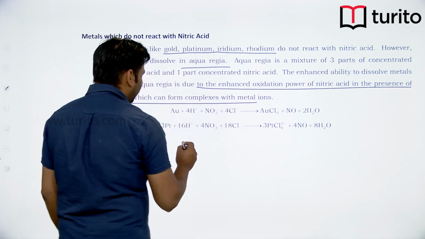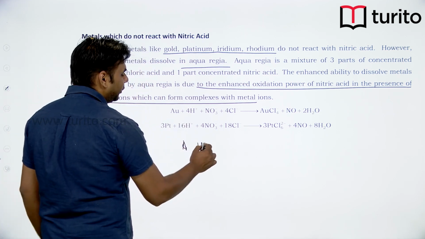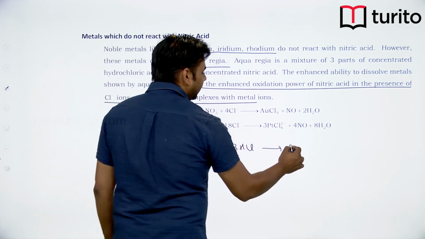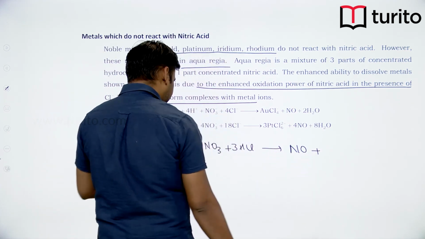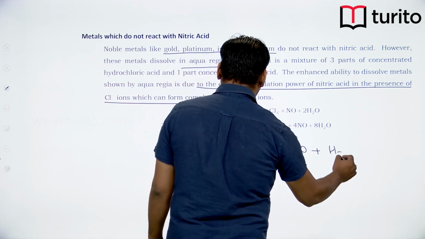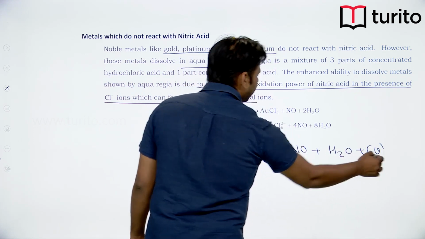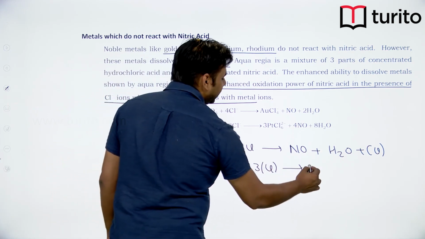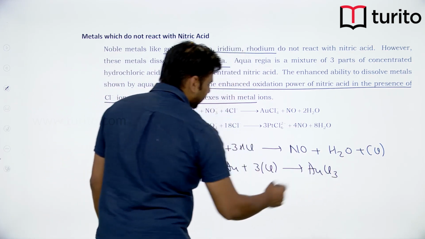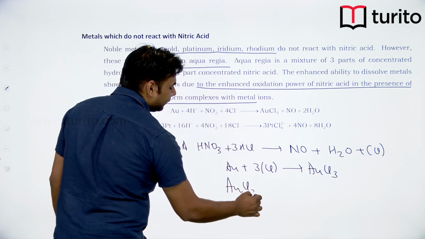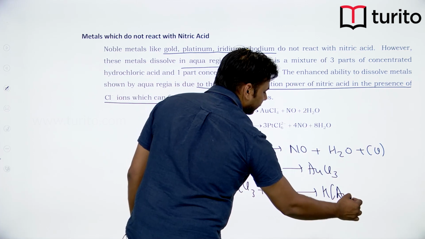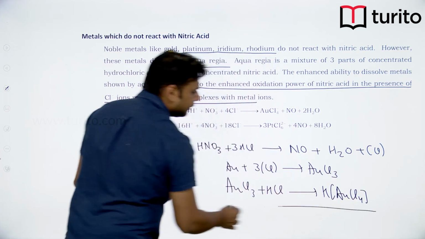So if you react gold, what is happening over here is HNO3 and HCl reacting together. It is forming NO plus water plus Cl. Now gold will react with the nascent chlorine that is formed. Initially it forms AuCl3. Now this AuCl3 will react with HCl and form HAuCl4. So this is also called as